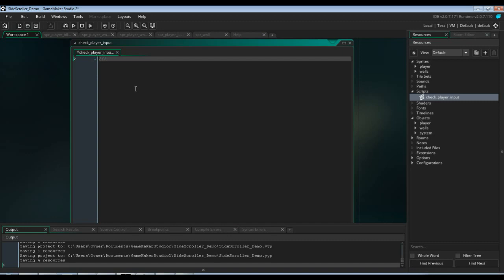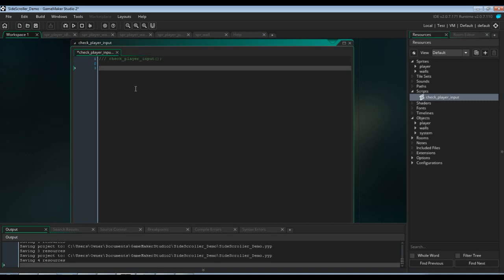So I'm going to go ahead and give this some 3 slashes up here. I'm going to call this check player input. This just shows people who are in here what this is going to look like when it's written and what arguments it's going to accept. Right now it's accepting nothing,